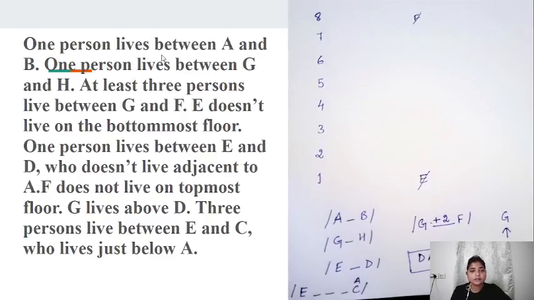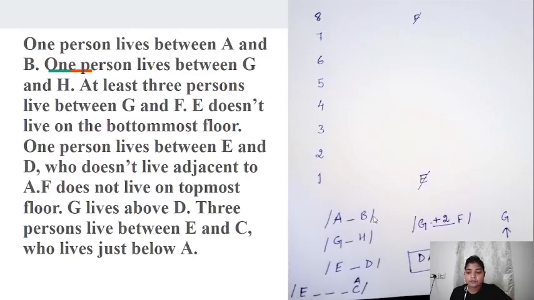The first line says that one person lives between A and B, so I have written A dash B. You can write your condition in your own way. I would not say that you have to write in this way. This is my method of writing conditions. I specify a lot in my conditions, so I would not recommend that you write in my way. This is very personal, and it's up to you. You can draw your puzzle in your way, because in the end your marks are important, not the process.